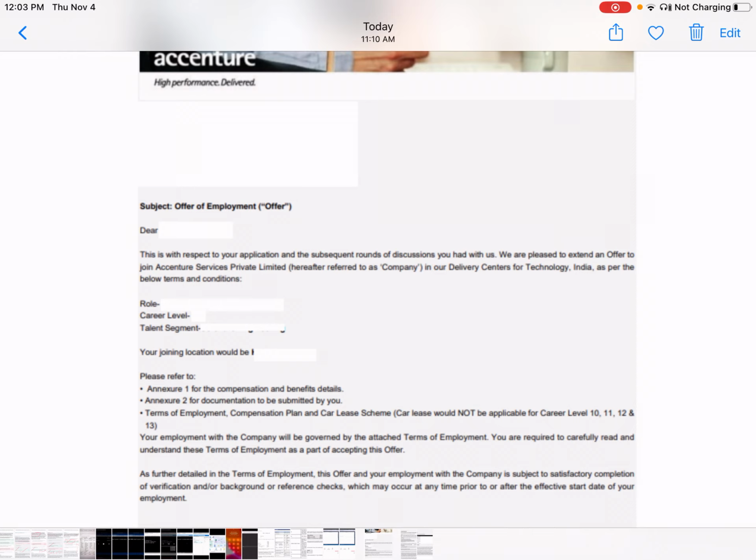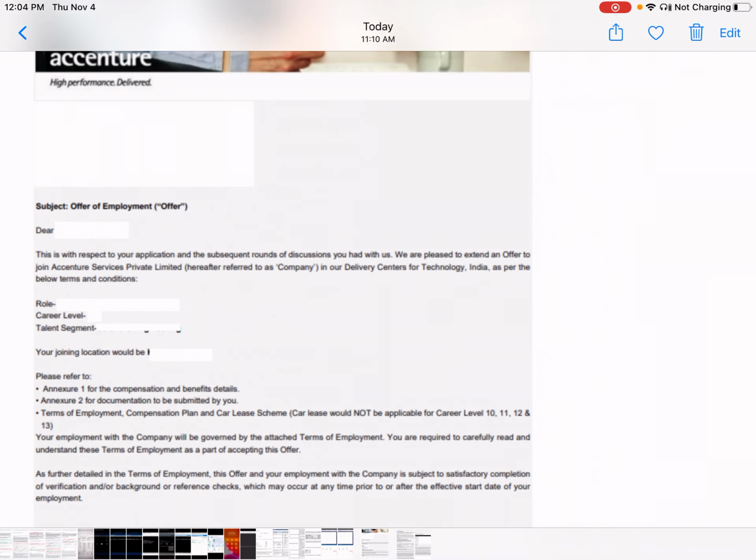Okay, so this is the offer letter. It will clearly mention your name and then your CID. CID is basically your candidate ID, which was created during your interview process, and you will have a unique GUID reference ID. Also, it will mention your role, which is basically the career level in Accenture, whether it's associate, software engineer, analyst, senior analyst, associate manager, associate director or senior director, whatever, and your joining location. So that will be the first page, and the second page is